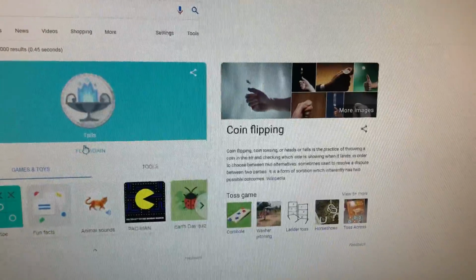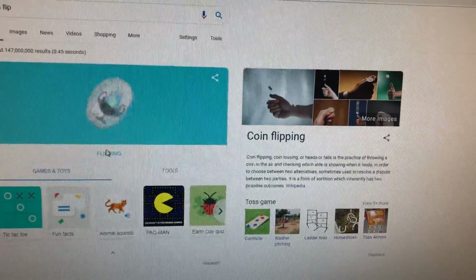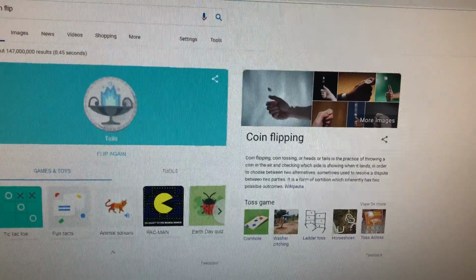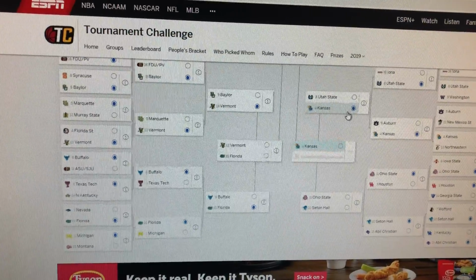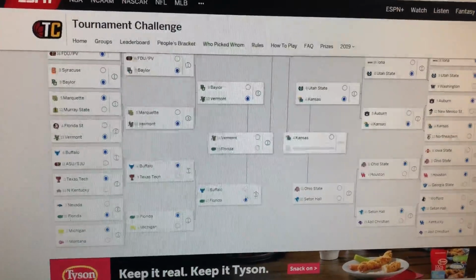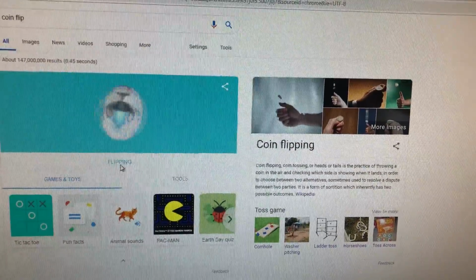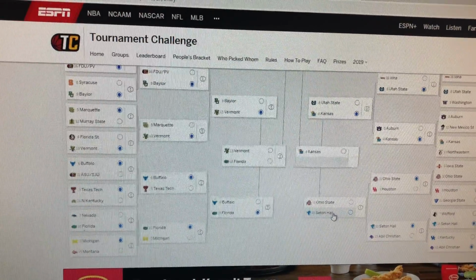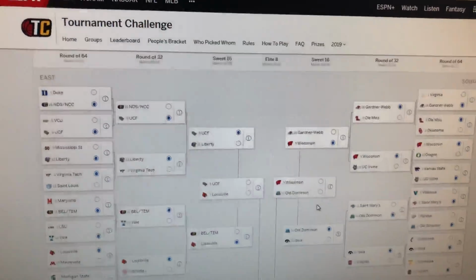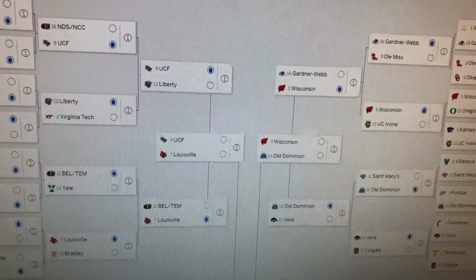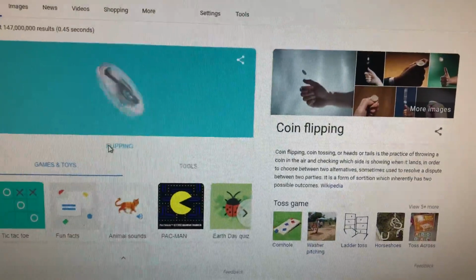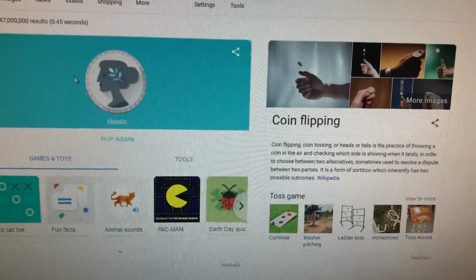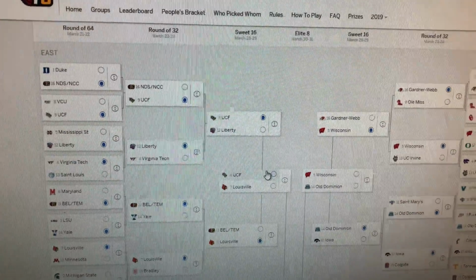Utah State and Kansas. Let's see who's moving on there. Come on, Utah State. We have Kansas moving on as the 4 seed, so they're the highest seed remaining right now. Ohio State and Seton Hall. 11 versus 10. We have the 10 seed Seton Hall Pirates moving on. So then we'll go up here for a spot in the Final Four. UCF and Louisville. Let's see who's moving on to the Final Four. We have the 9 seed UCF Knights moving on.